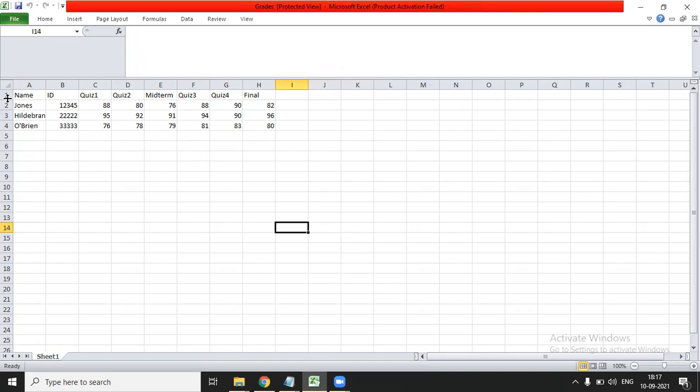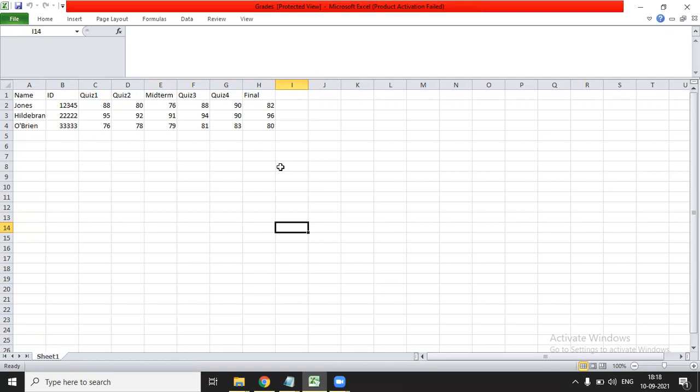You can see that this dataset has a first row containing the names of the variables, and the other three rows are data entries for three students: the name of the student, ID of the student, quiz 1 marks, quiz 2 marks, midterm marks, quiz 3, quiz 4 and final marks. So this is the dataset that we want to upload in the my files folder that we have created now.